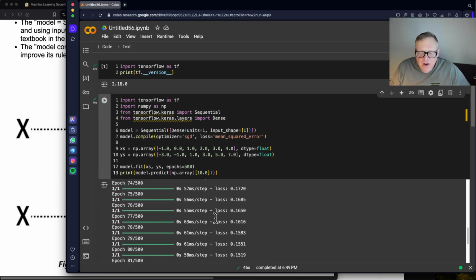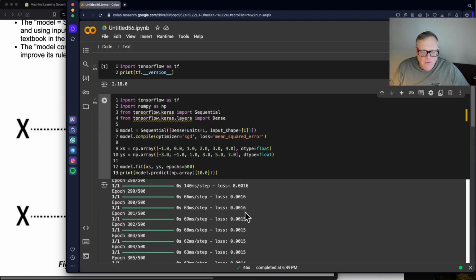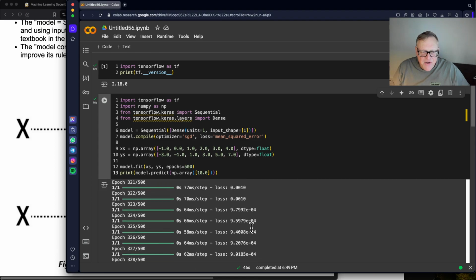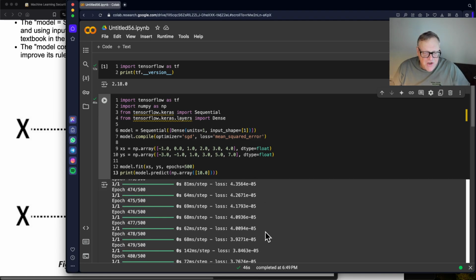It's doing 500 steps, calculating the model 500 times. And you notice the loss finally gets down to 0.001. And now it's not really changing very fast at all, but eventually it gets extremely small, 10 to the minus 4, and I think it eventually gets down to 10 to the minus 5, and that's because our data is perfect. If you have y equals 2x minus 1, it will completely hit every point perfectly,